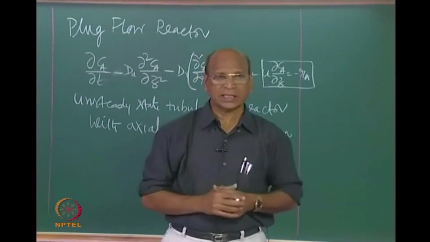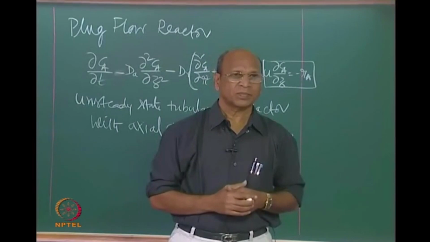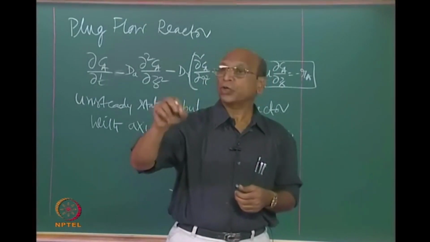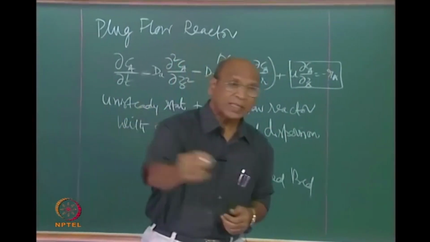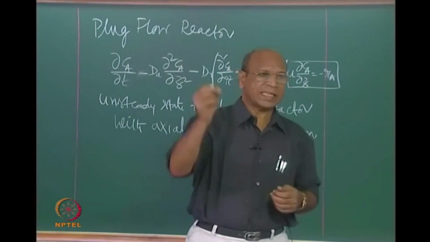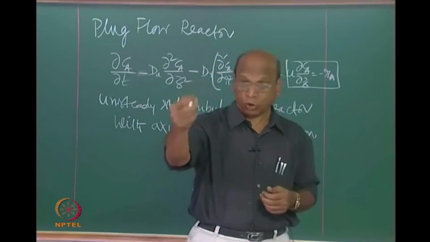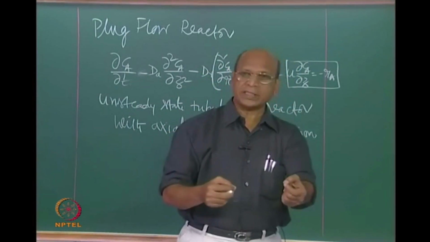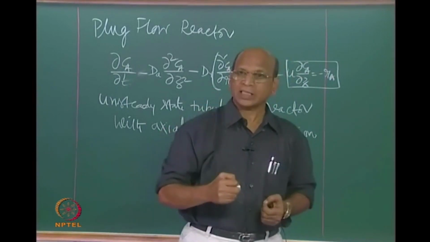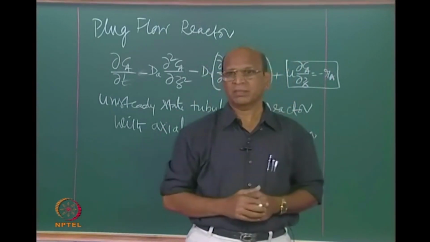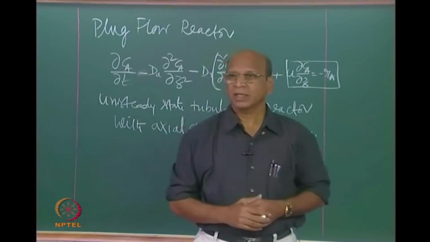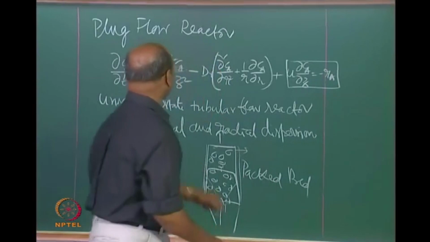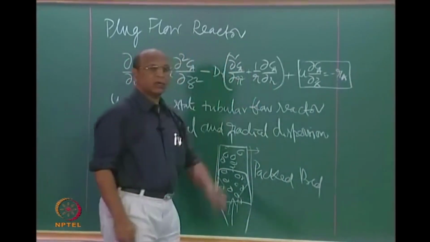I have a gas phase reaction, I know only pressures, so concentration is partial pressure divided by R into T. Now, the temperature is changed. At the center you have high temperature, that means you will have low concentration, and at the wall you will have low temperature, that means you have high concentration. That means there is a concentration gradient, which is not allowed for ideal plug flow. So, that has to be taken into account if you are really worried about that kind,